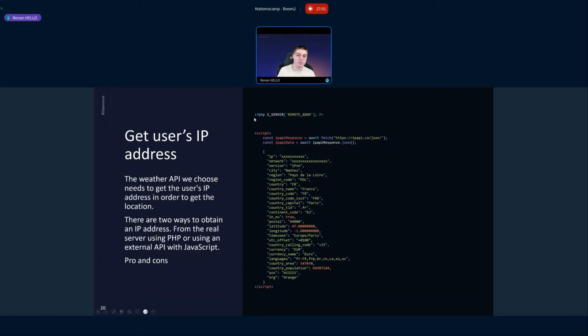If you are on a PHP server, you can use PHP $_SERVER remote address. This will give you the IP address of the user. But if the user is behind a proxy server, it will give you the IP address of the proxy server, which is basically VPN stuff. That's if you are using a PHP server. I do not recommend that way of doing it because you are depending on the server that runs Matomo, and we don't want that. We want the plugin to work only in JavaScript. So here I use that method.